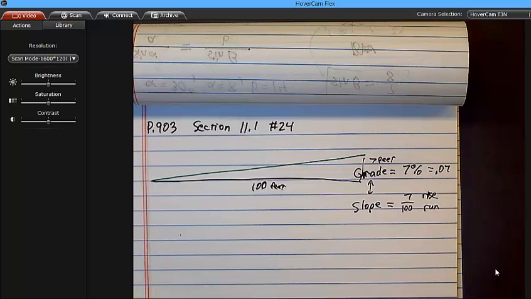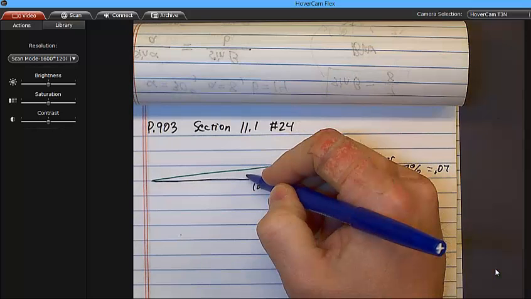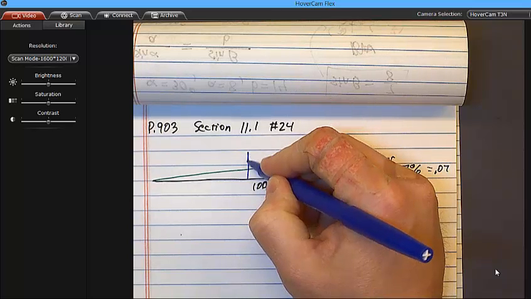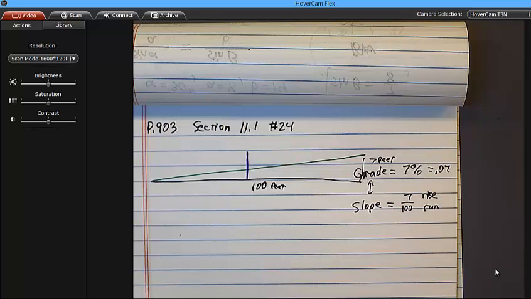So it says you have a long straight stretch of mountain road. You see a tall tree standing perfectly plumb alongside the road. From a point 500 feet downhill from the tree, the angle of inclination from the road to the top of the tree is 6 degrees. Okay, so I have a perfectly straight tree. They tell me 500 feet downhill from the tree, the angle of inclination from the road to the top of the tree